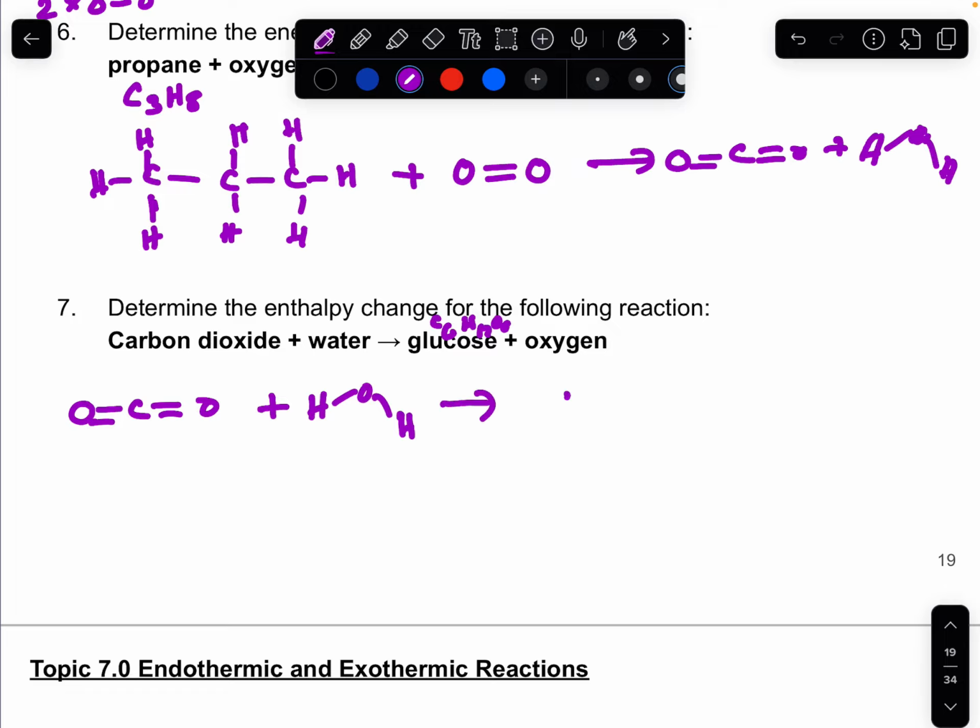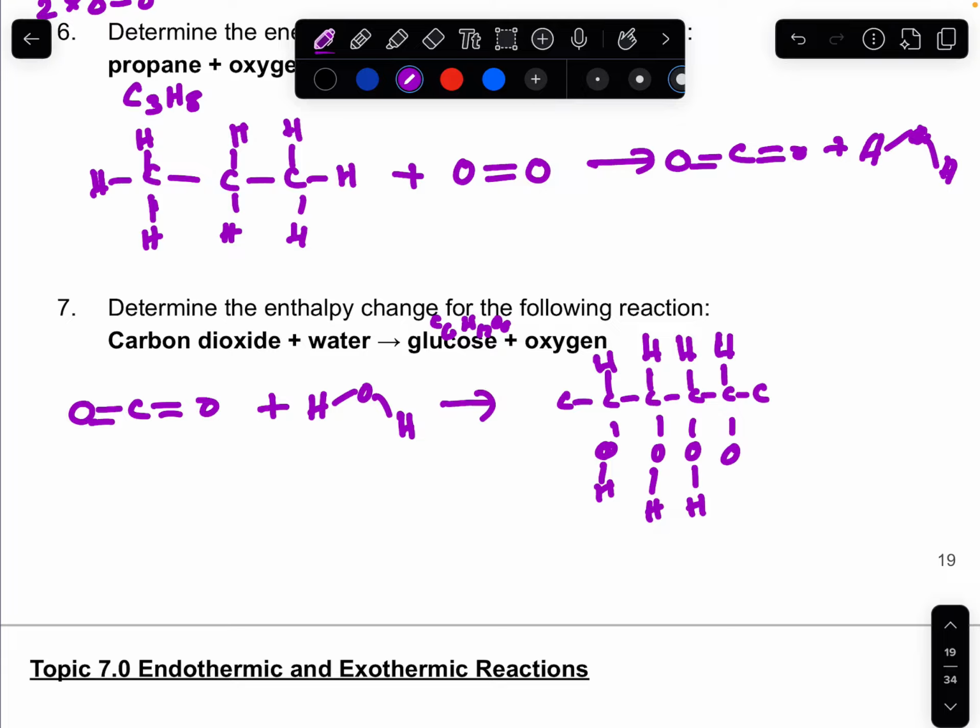So you can write 1, 2, 3, 4, 5, 1, 2, 3, 4, 5, 6, and all these carbons you can write HO, HOH, HOH, H. This is not the actual structure, there is some difference, but you just need to know the bonding, right? Okay, then this will be